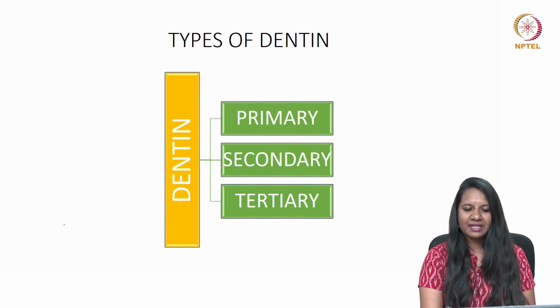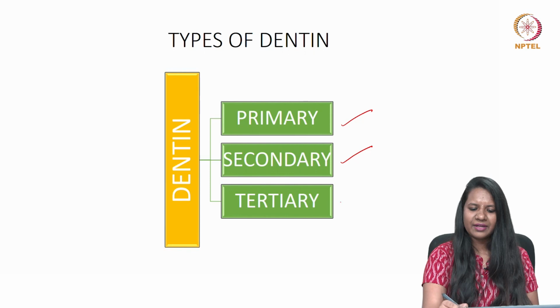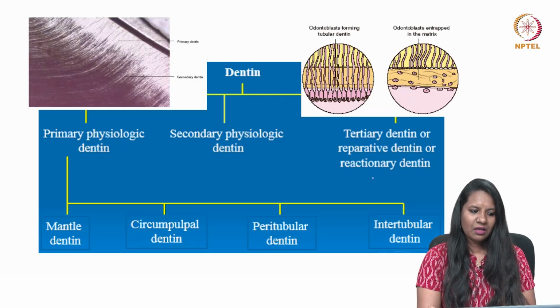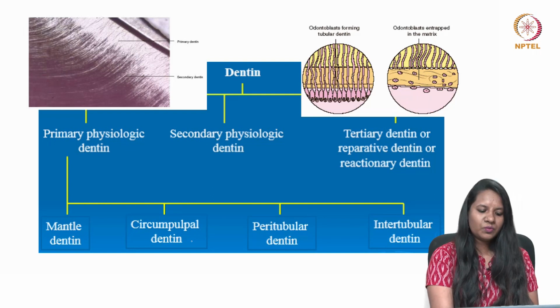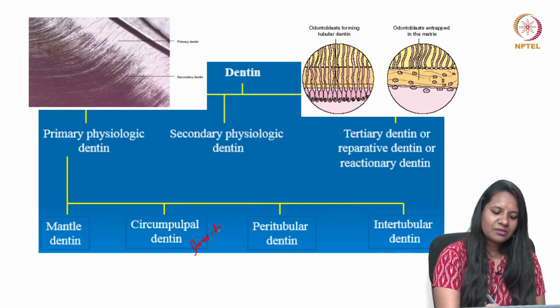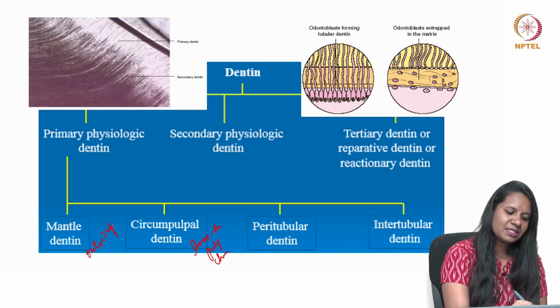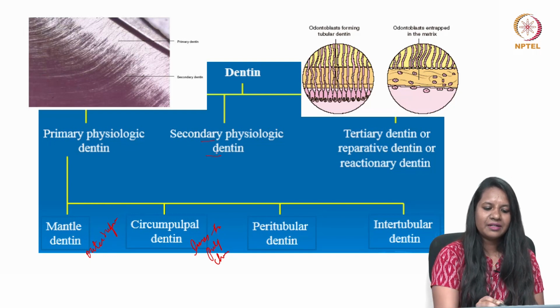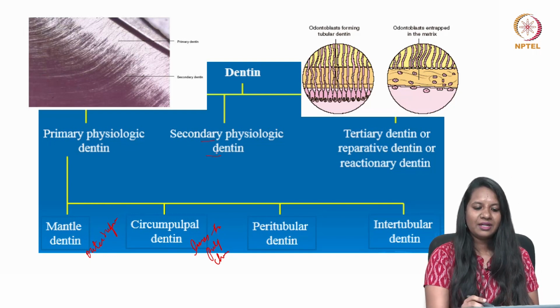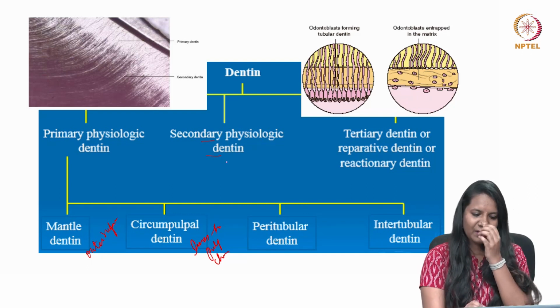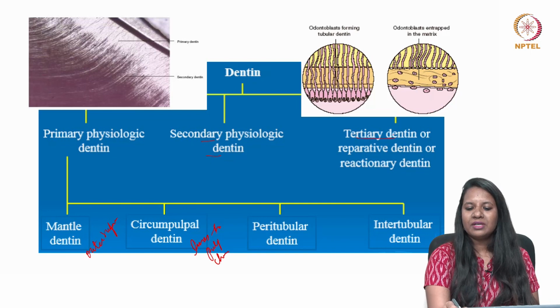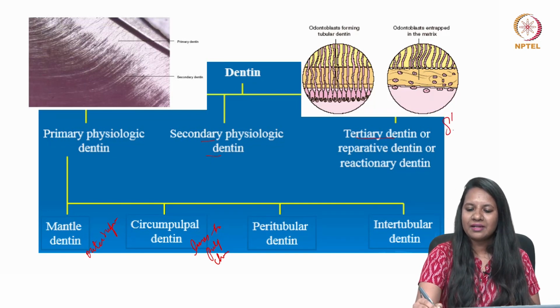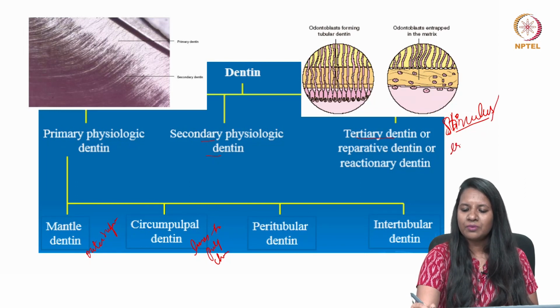So, moving to the types of dentin, it is either primary, secondary or tertiary. Under primary, there is circumpulpal dentin which lines the pulp chamber, and mantle dentin which forms the outer surface of coronal dentin, and something called secondary dentin which is formed after the root formation. Deposition is much slower when compared to the primary dentin, and there is something called tertiary dentin which is formed only when there is a stimulus such as caries or any restorative material. So, it is only formed when there is a stimulus or when there is an irritation.